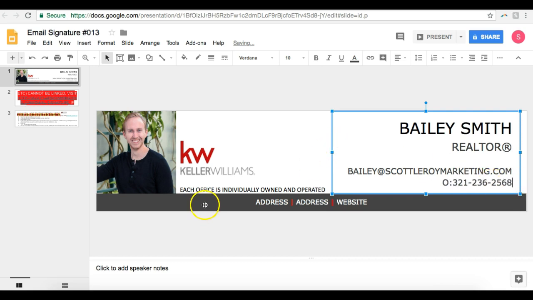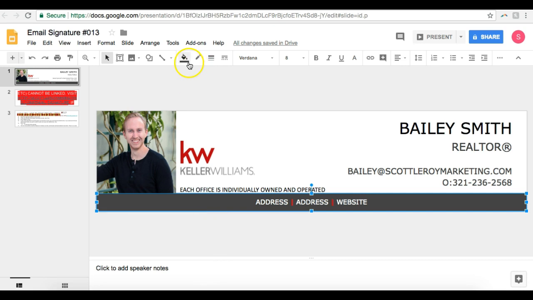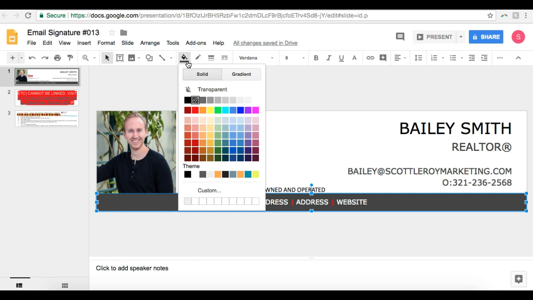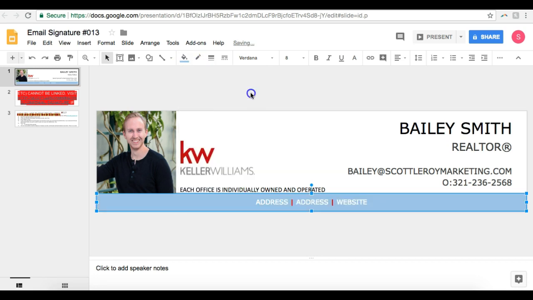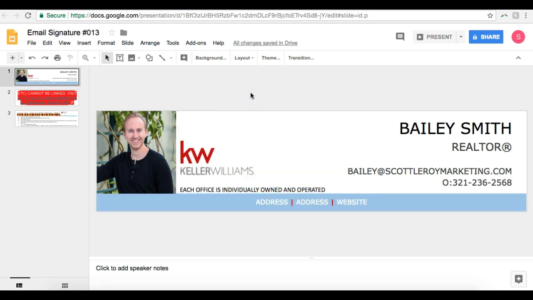You can also change the colors on here. So if you click on this bar, you can change the color by clicking the little paint bucket for fill color up here. I usually like to make this like a nice blue or something, mix it up. You can change out the photos or the logos. If you actually click on this logo,